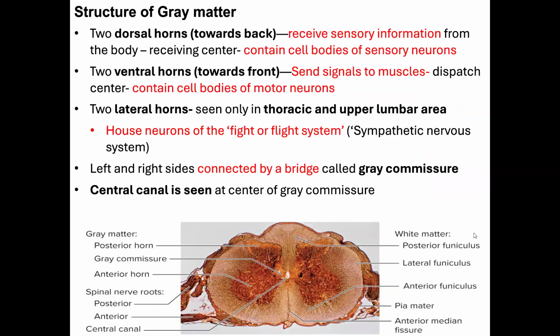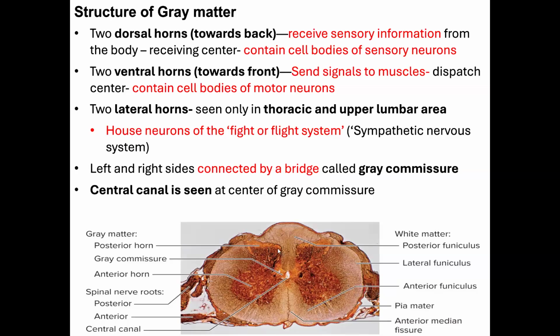Gray matter, especially for the practice, for the lab, you should know the gray matter has got dorsal horns. Before that, I want you to know what is dorsal and what is ventral. Dorsal means anything posterior. And ventral means anything in the front, anterior. So from now on, we're going to say ventral and dorsal instead of anterior and posterior. That's how we refer to these structures in neurology.